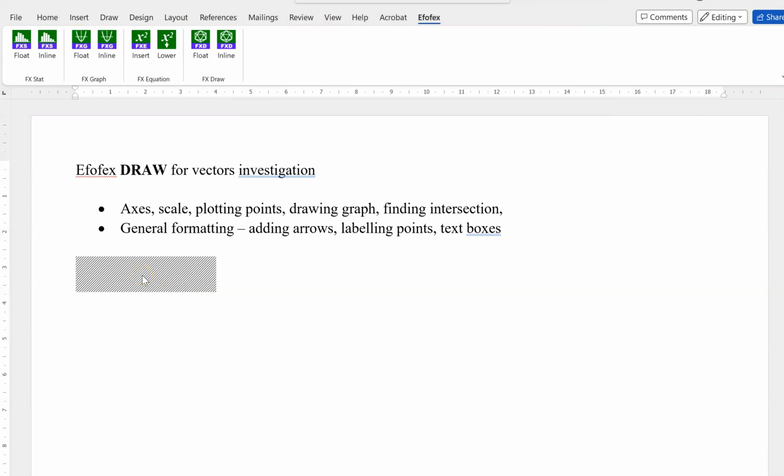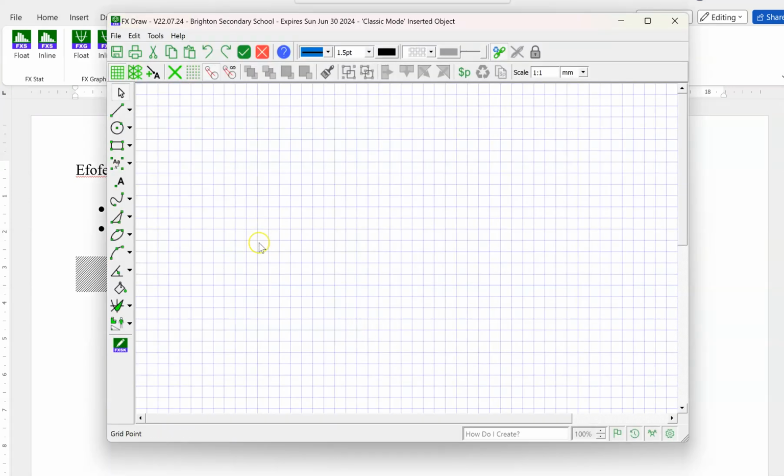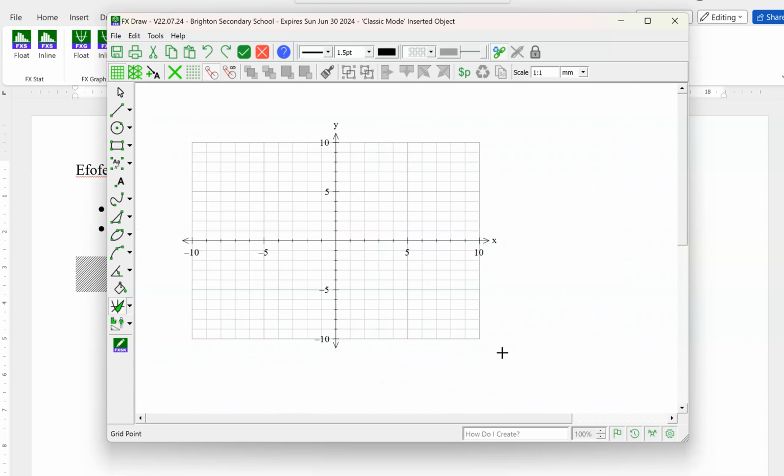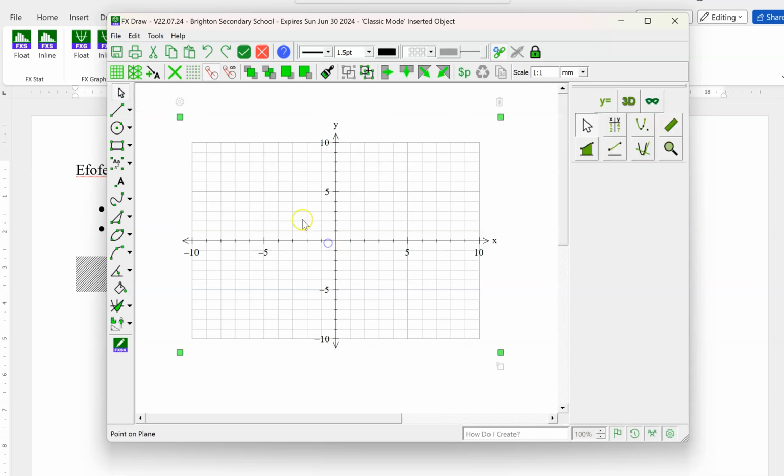Mine takes a little bit of while because I've got an old device and we get this. So this bit here is your graph. Okay, and that's why I use FX Draw, because it's got all these added parts to it. So anyway, you click on that, so left click, and you can see the cross change, and you can just do your axes like so. Now, if I go back to my pointer now, because I don't want to put another graph on top of a graph. So now I right click,